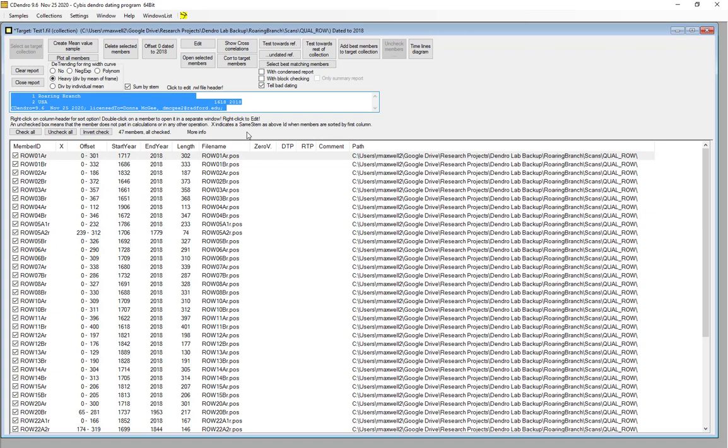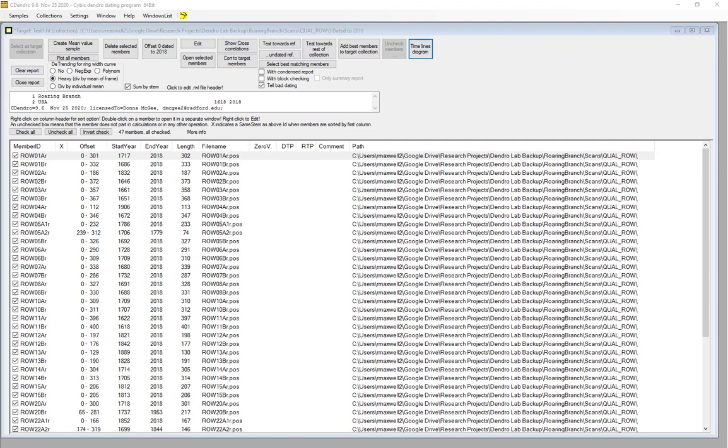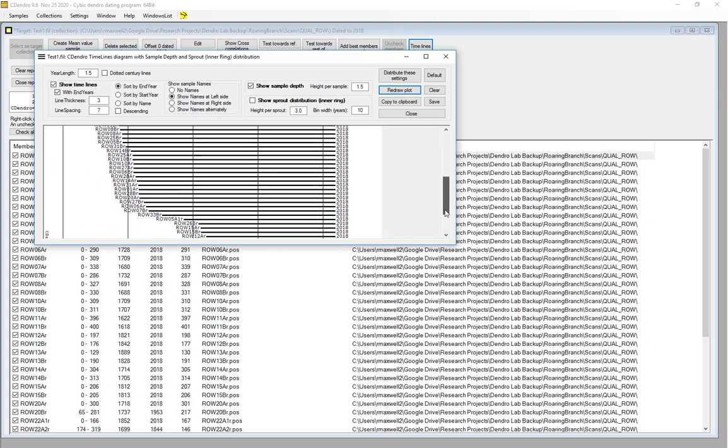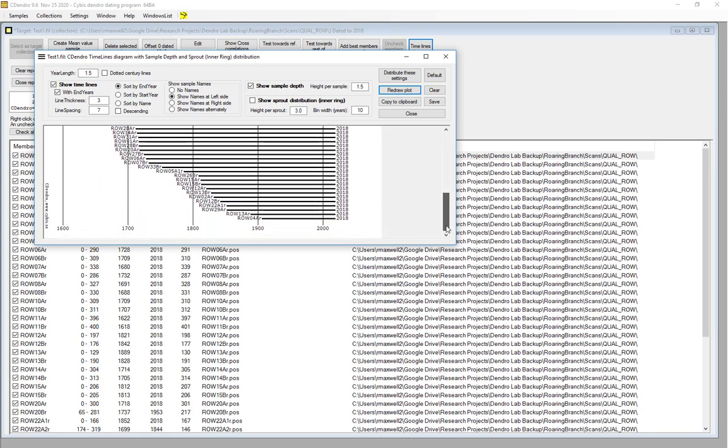Now, we can look at some other nice things just to get a quick glance at our data. Over here, there's a button called Timeline Diagrams. If we click on that, you can have a quick look at your sample depth, as well as basically the data stacked in terms of the segment length.